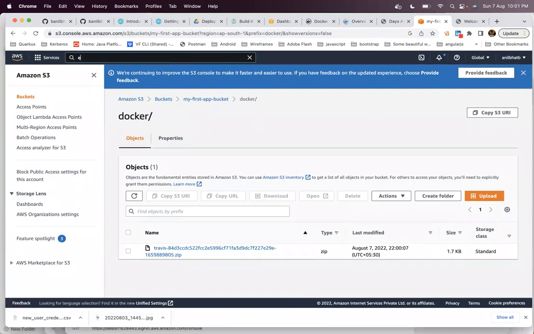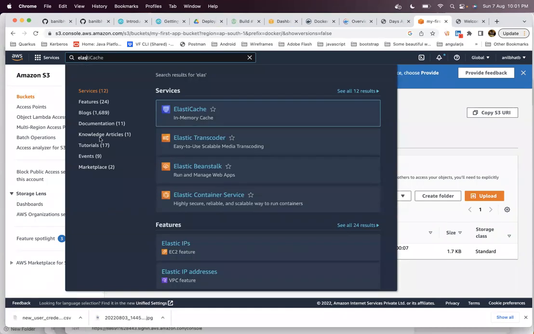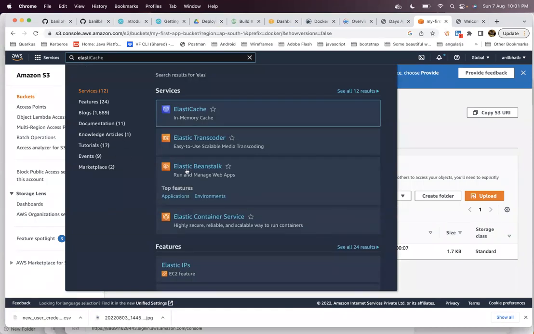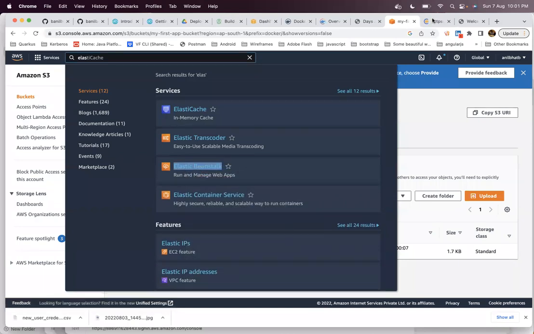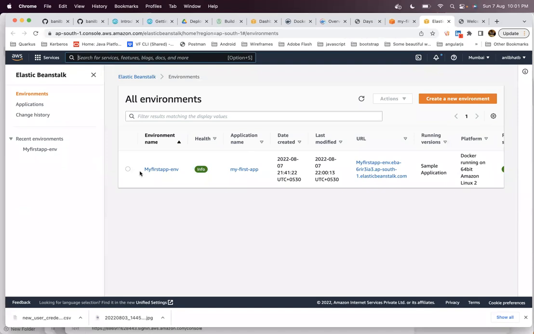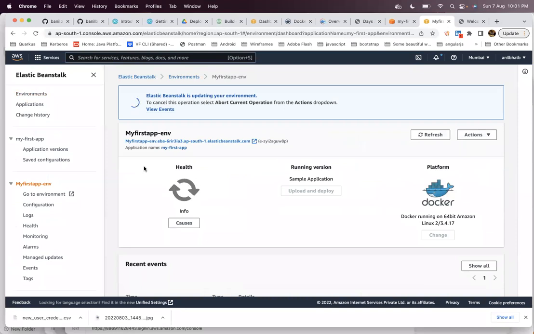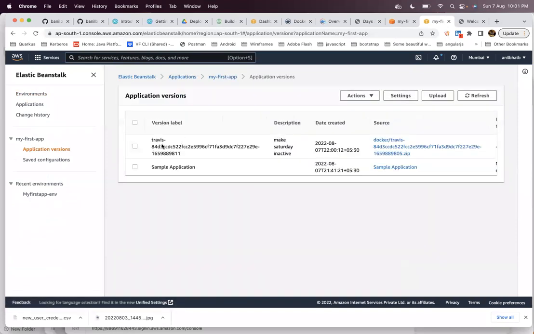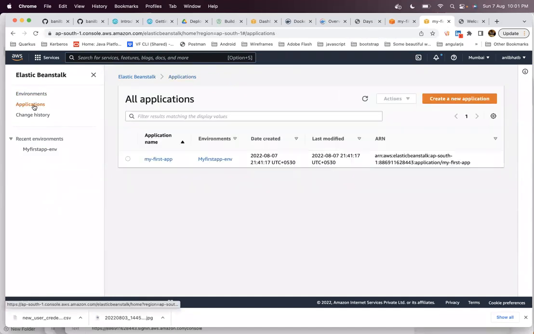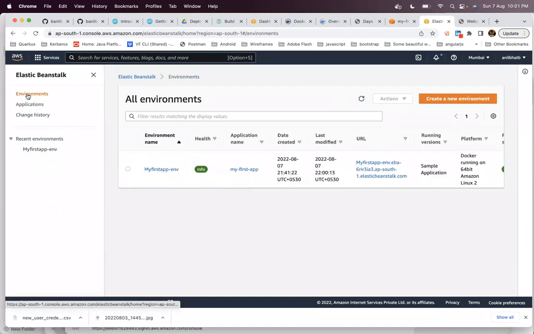to Elastic Beanstalk also. In the environment, we should be able to see the deployment. So go to Elastic Beanstalk, open it in a new tab. So here you can see in the environment what has happened. You can see that a new build has been triggered, right? So this is what the new environment has, a new build has been deployed. So Travis has built a new deployment into Elastic Beanstalk, and you can go to the application. Health also seems to be okay now.